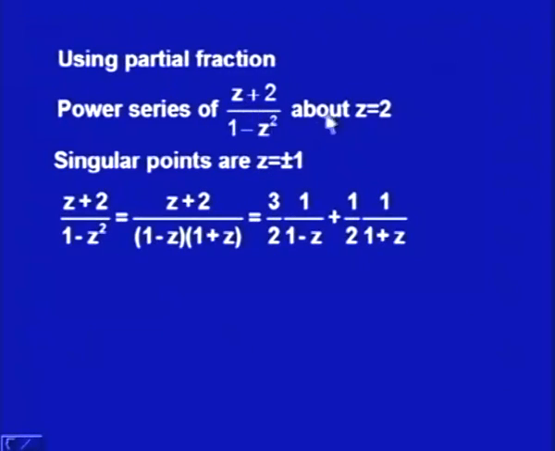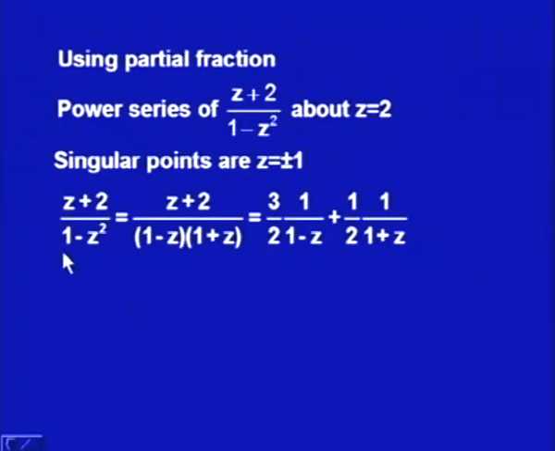To write down this function, (z plus 2) over (1 minus z squared), I expand it as (z plus 2) over (1 minus z) into (1 plus z), and then I write down the partial fractions. The partial fractions of this will be 3 by 2 into 1 over (1 minus z) plus 1 by 2 into 1 over (1 plus z). Now we can write down the power series for 1 over (1 minus z) and the power series for 1 over (1 plus z), and simplifying, that will give me